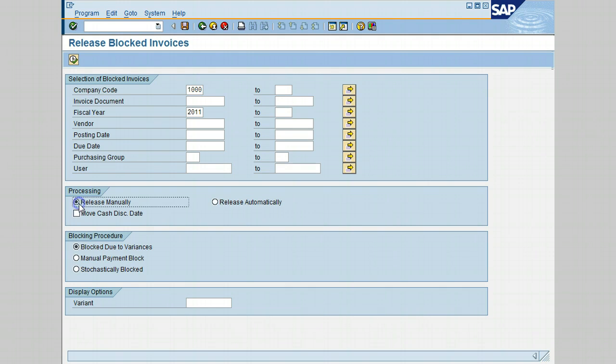If you don't want to do that and want to see a list of invoices that have been blocked in the year of 2011 and start releasing each one by viewing the list, that will probably be wiser than releasing the invoice automatically. So before I click on execute, we also have a blocking procedure. We have blocked due to a variance. The variance could be the amount on the PO is not the same as on the vendor's invoice. We have also manual payment block, and we have